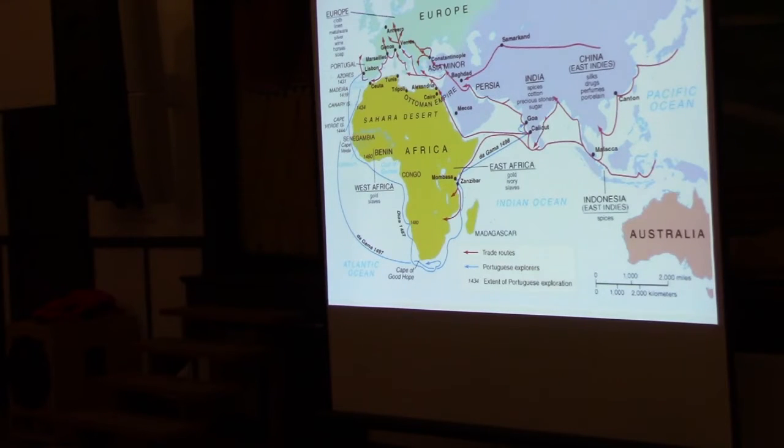By the end of the 1480s, Diaz finally gets around the southern tip, the Cape of Good Hope, turns back pretty quickly, but demonstrates that there is a southern tip to the African continent. You can get around it, and then a couple of years later, a decade or so later, Vasco da Gama sails right around the southern tip of Africa, up the Swahili coast, across the Indian Ocean to Calicut on the western coast